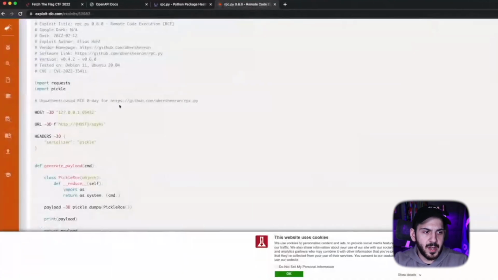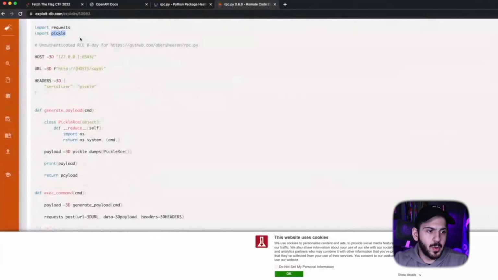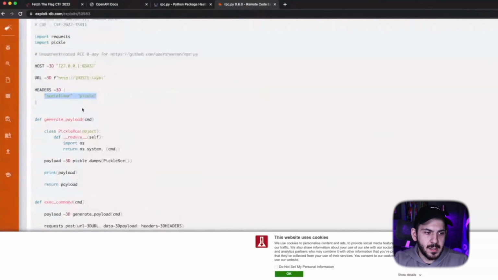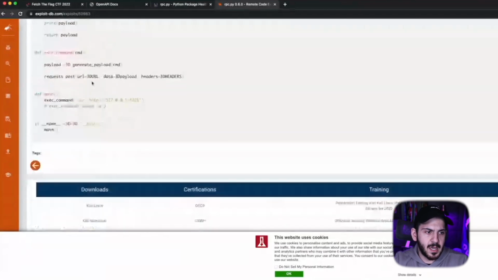So what I'm seeing here is that it requires pickle, so I'm assuming there's going to be some pickled payload we're going to send over. And it looks like the header that we're sending over is pickle. It does some things. It takes our payload right here. It feeds it to pickle RCE. It creates our payload, and then down here it sends us to the URL, which is our host that's vulnerable. Then we're going to send it the payload as the data, and of course the headers are the headers that